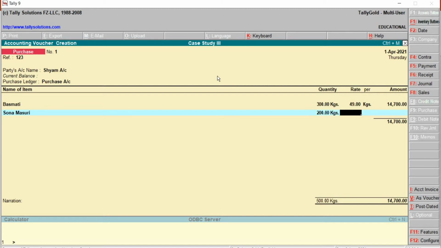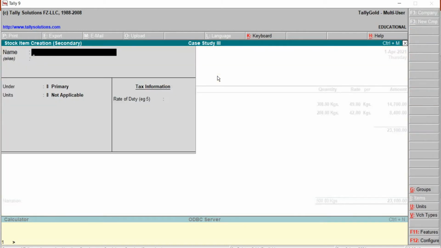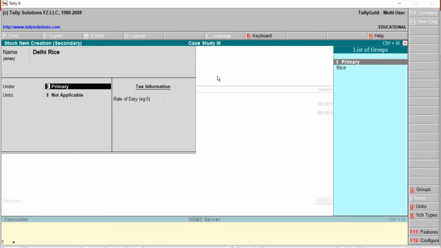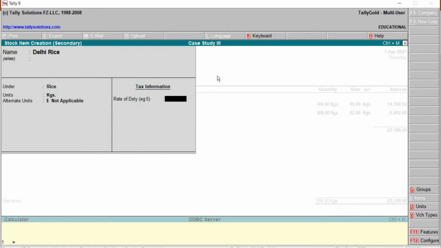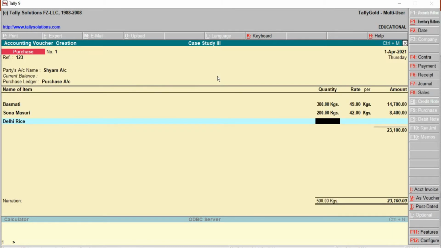Rate is 42. Next one, Alt C. Delhi rice. Rice, kg is not applicable. Then save. Quantity is 150. Rate is 52.